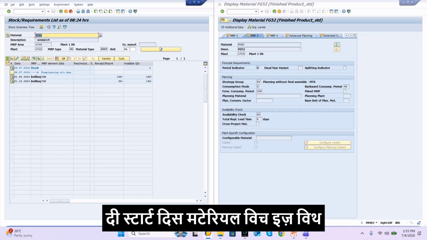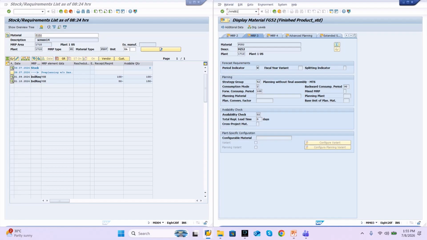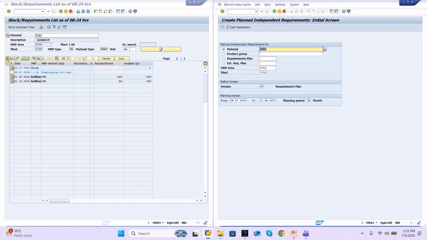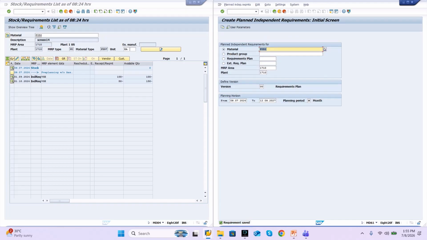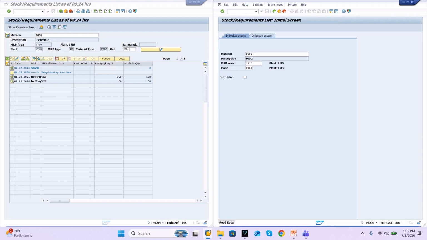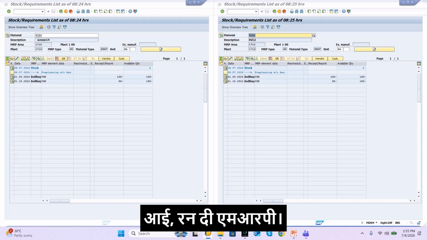Similarly, here also this PIR has been created. Now if I run the MRP,